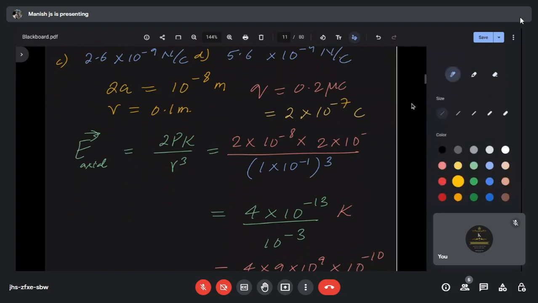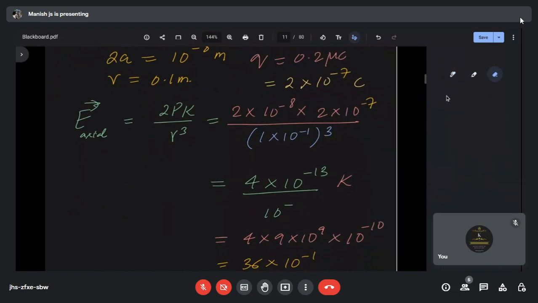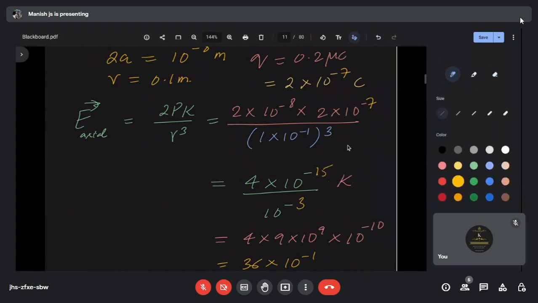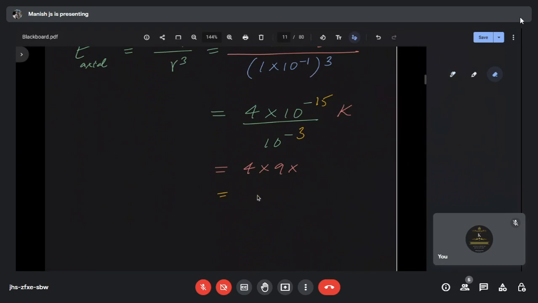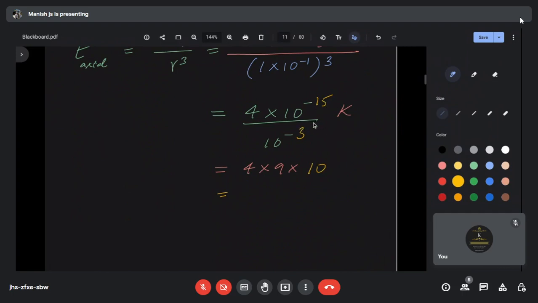இட் இஸ் நோ மோர் 15 சார். அப்போ சொல்லுங்க என்னென்ன 15? 4 into 10 power minus 15 சார். ஓகே, இது வந்து minus 15. சரி, minus 12 ஆயிடும் சார். ஸோ எல்லாமே சேஞ்சஸ். சரி, வில் சேஞ்ச் ஆல் த 10 பவர். 4 into 9 into 10 power plus 3, 10 to the power of 9 into 10 to the power of minus 12. 10 power 9 சார். கரெக்ட். இப்போ என்ன ஆகும்? minus 12 plus 9, 36 into 10 to the power of minus 3 சார். minus 3 வருது. சரி,